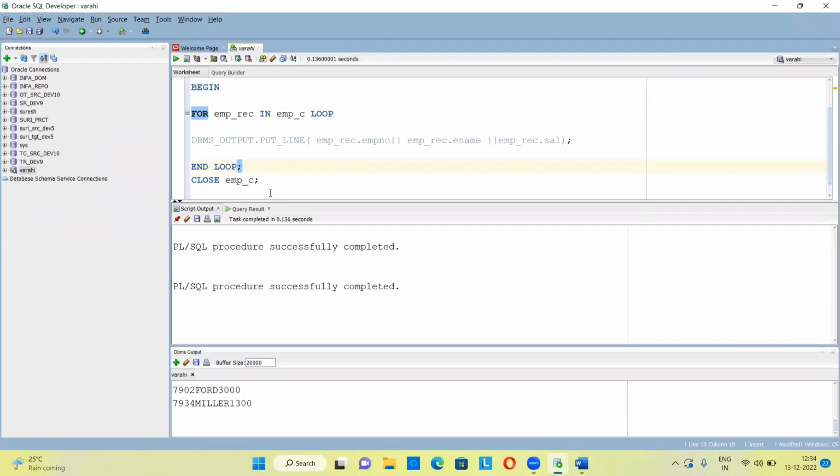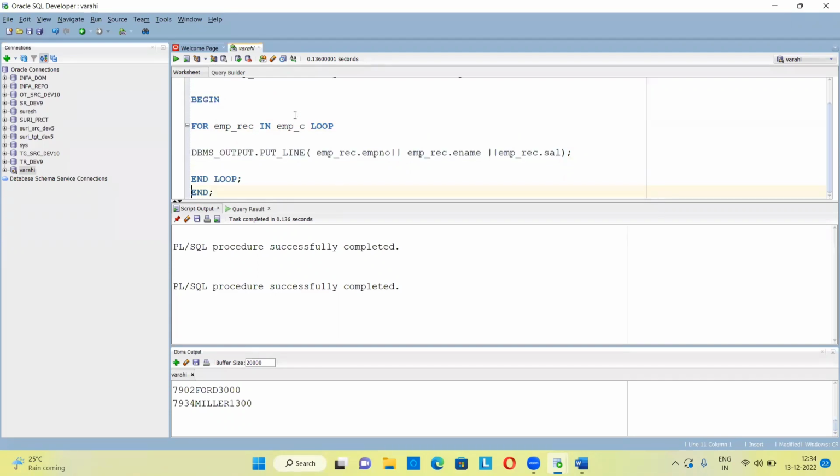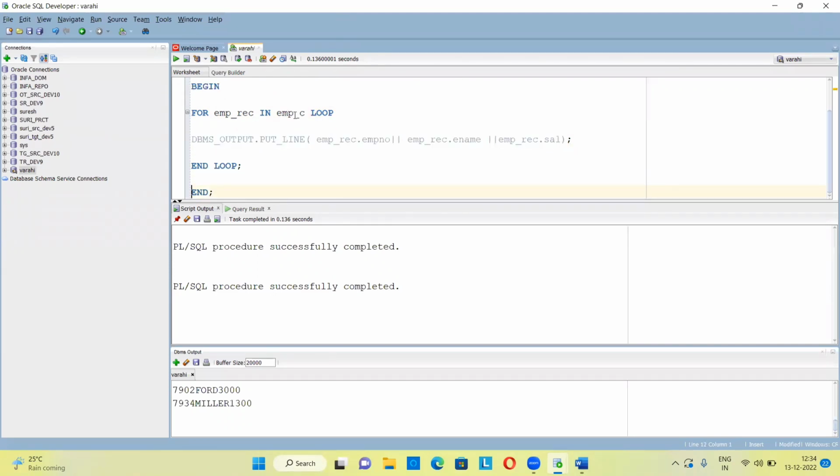We also know already that no exit condition is required. It comes out of the loop whenever the data is over in the cursor. So the exit condition is not required, and the close cursor is also not required. We know already what the advantage of a for loop is,